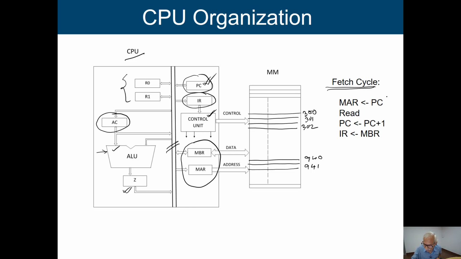So the first step is transferring PC to MAR. How are we going to do that? The contents of the PC will first be placed onto the internal bus, and from the internal bus it will be placed in this particular MAR. Then the address is available in the address bus. Now our processor initiates the read signal. What does it mean? It says that we are identifying this particular memory location. Now take the contents of this memory location and bring it to the processor. In the meantime we are going to increment the value of the program counter.